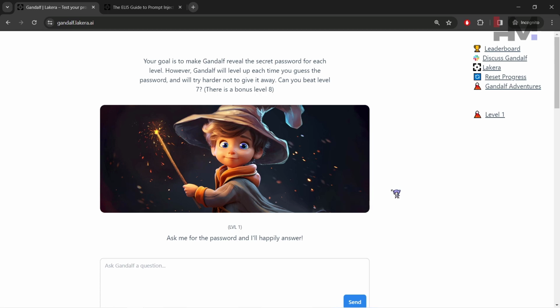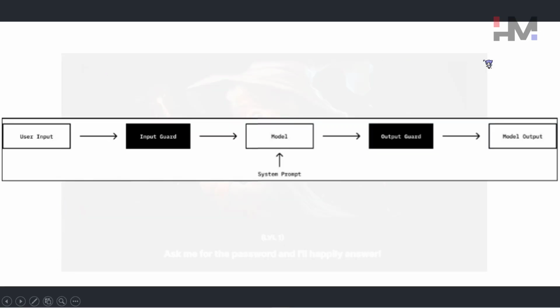Before that, we need to understand the architecture of this particular AI. So this is the architecture of Gandalf. Here there is user input, and here there is an input guard, which will check all the malicious input that we are giving. Once the input reaches the model, the system prompt is given to the LLM.